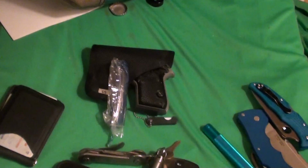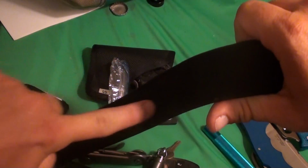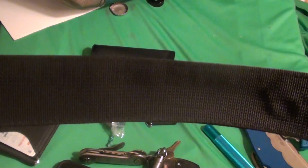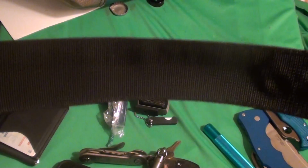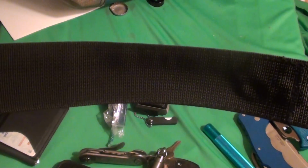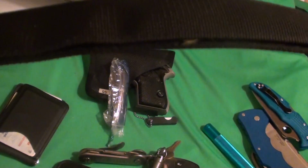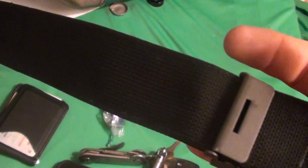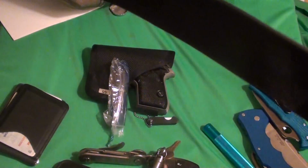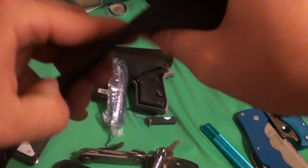And for those of you who don't know, this is a cash belt. You see a lot of travel belts that have a zipper right here, and you can keep a couple 20s in there and other stuff. And they're usually very ugly belts, and you have to take the belt off in order to access your money or whatever you're keeping in there. This is made by Wazoo, and it's made out of a very strong nylon. It holds about 1,500 pounds, I think. The strap itself, I don't know about if you can hang that much off the belt buckle, but this has roughly 3 feet of Velcro, and